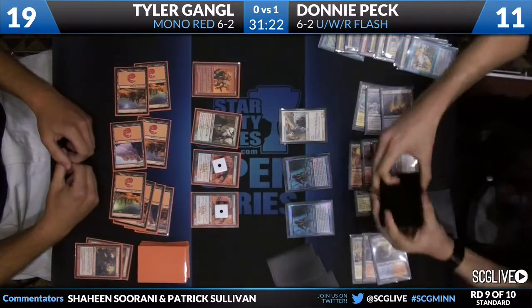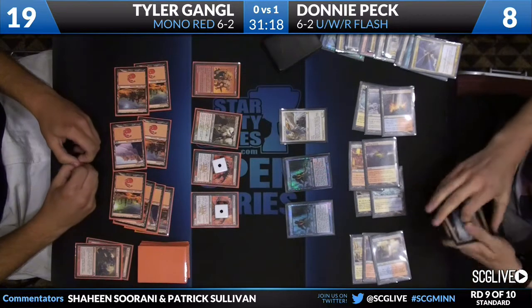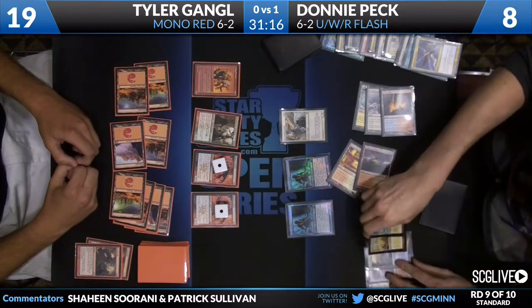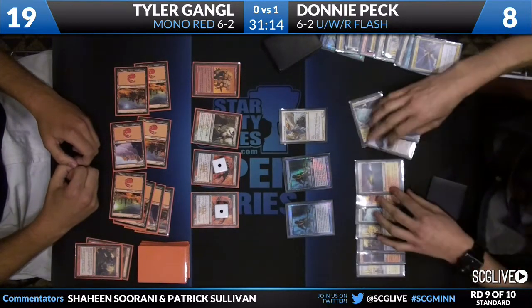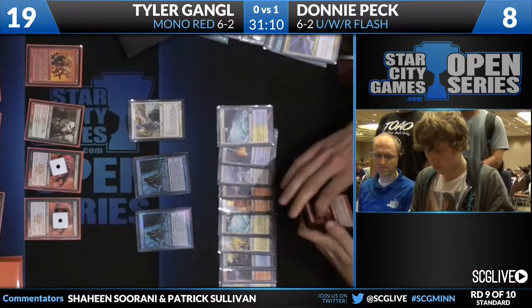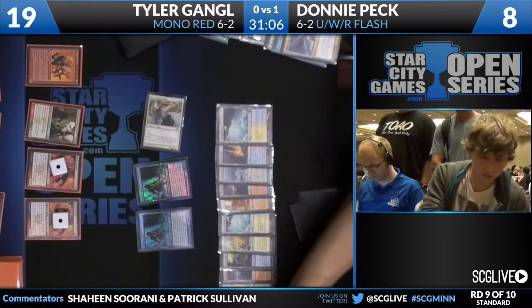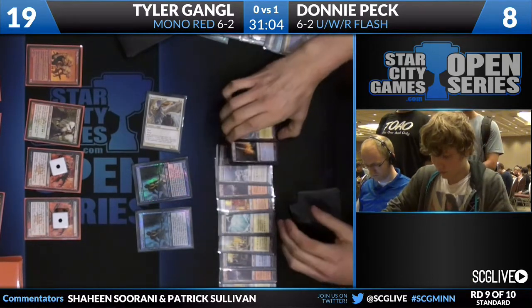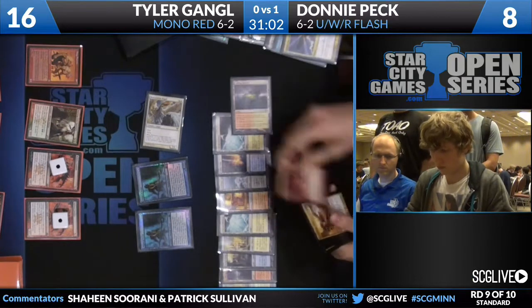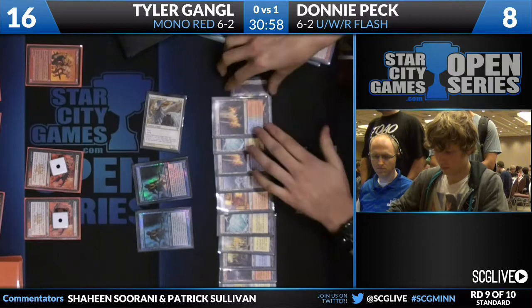So now the Helix in Donnie's hand should be enough to really push this game out of reach, assuming that there isn't some spectacular sequence of draws from Tyler. Yeah, definitely. This is just not looking too great here. Another Helix. All right, here we go. Let's see if he has that verdict that we've been talking about. If not, we're going to see a lot of turn and burning. We're going to see a lot of crazy stuff happening here. All right. Yeah, this turn and burn is going to be quite